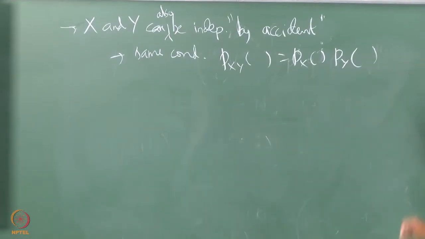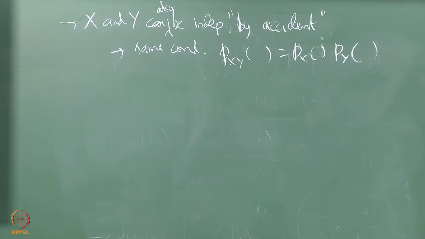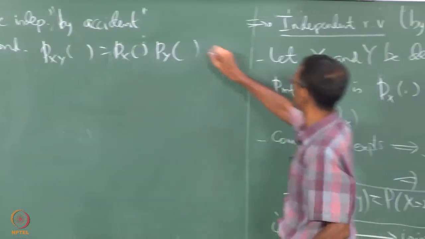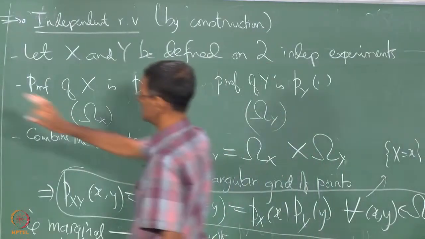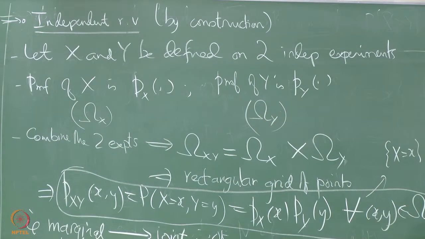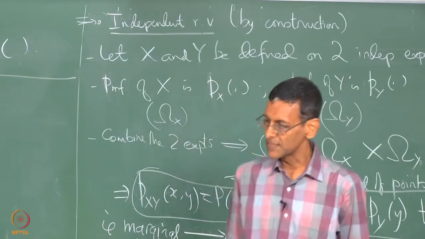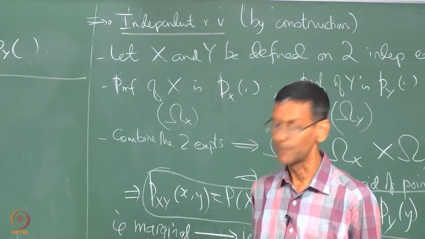but it is useful to note this, that you can get it when it's not so obvious. Anyway, this is best taken up in a homework problem and not here. So I just make the statement and leave it like that. Now independent random variables, it turns out, are one of the most useful things that we have,